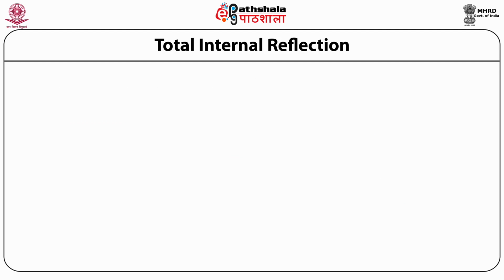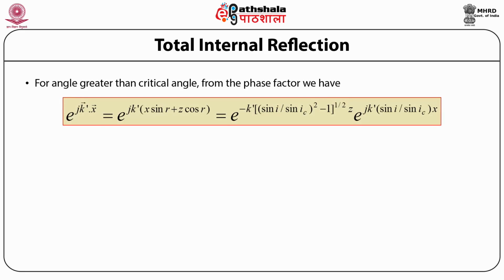So from this equation one sees that for angle of incidence i becoming greater than the critical angle of incidence, the sine and the cos terms become complex, and then we can say that from the phase factor we have e to the power j times k prime dot x, where j is the square root of minus 1, vector k prime is the wave vector of the refracted wave, and x is the position vector, and this can be written as exponential to the power j times the refracted wave number k prime times bracket open x times sine of the angle of refraction plus z times cos of angle of refraction bracket close,